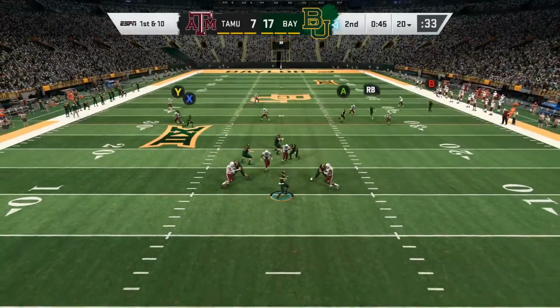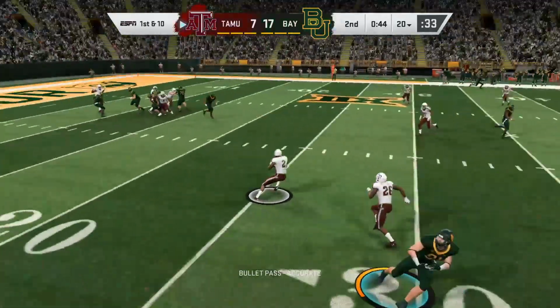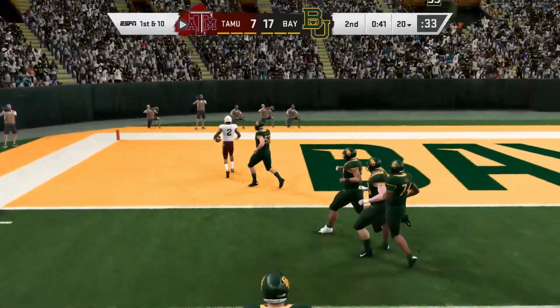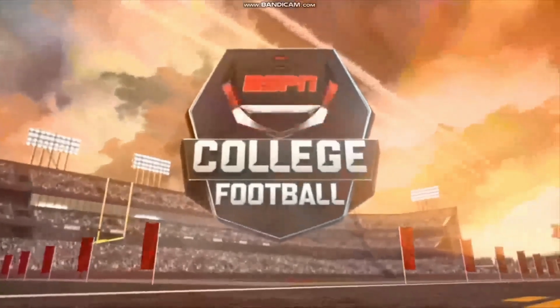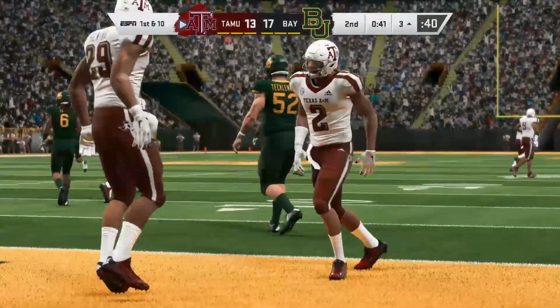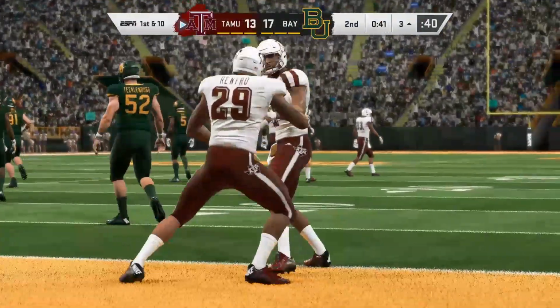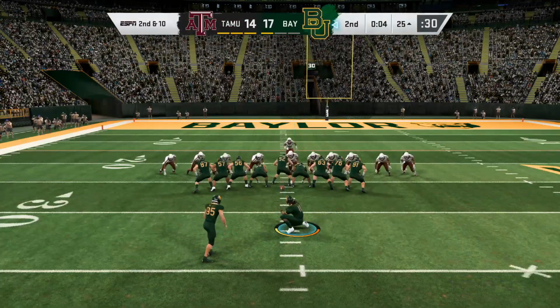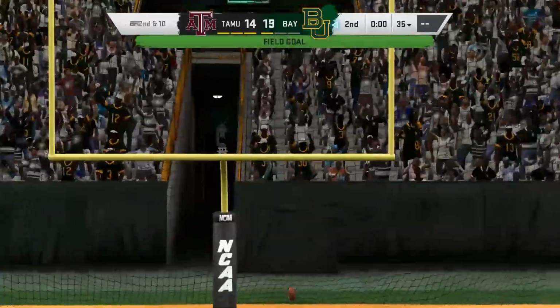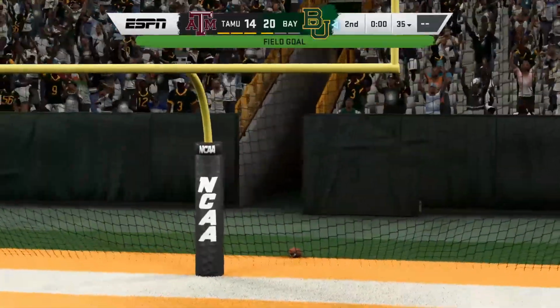However, Baylor moving the ball, they throw an interception, and to make it worse, it is returned for a touchdown. So it ends up working out for Texas A&M after all, as they find the end zone. That will cut the lead to 3 points. And now, as time expires in the first half, Baylor adds a field goal, and that will be a 20-14